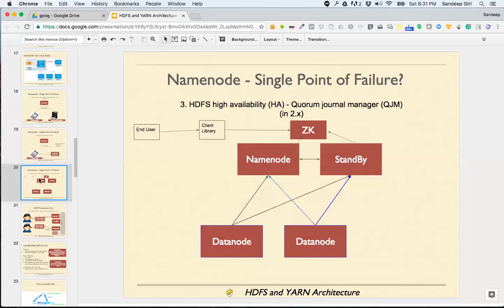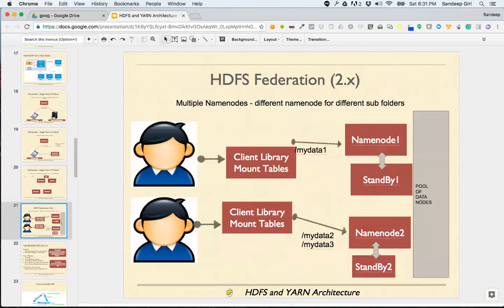Now, in those circumstances, you can split the metadata of the name node into two name nodes. That's where the idea of mount tables comes into play.